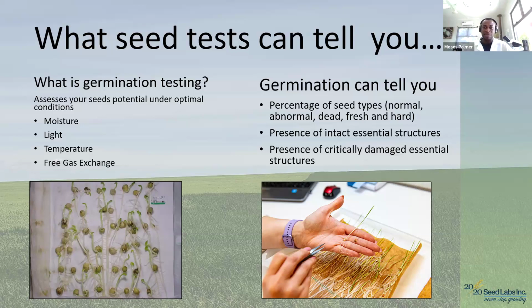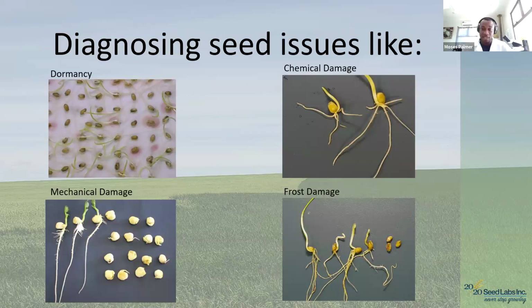So in a germination test, as much as we're looking to report the percentage of healthy seedlings, we're also looking for